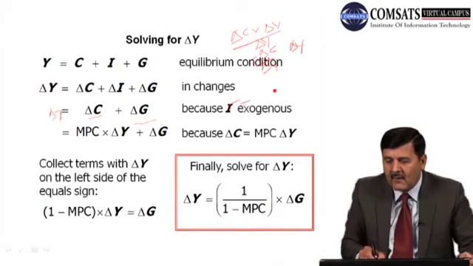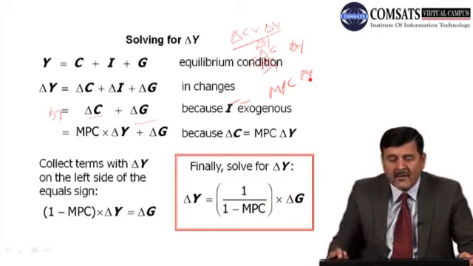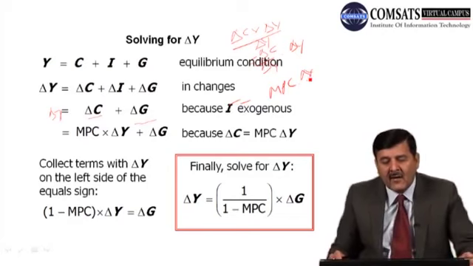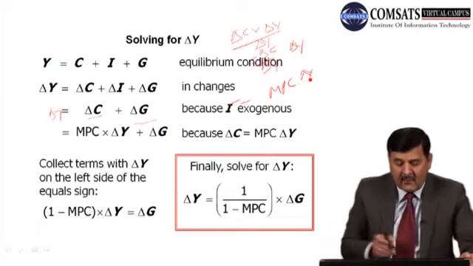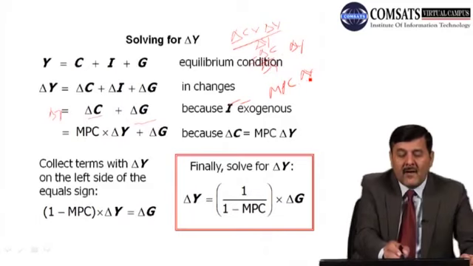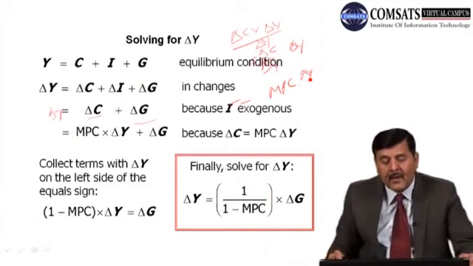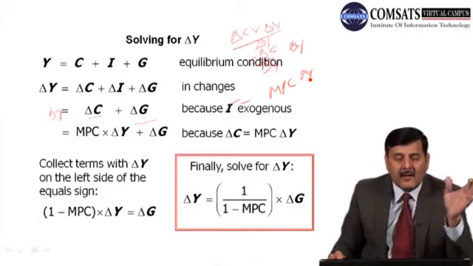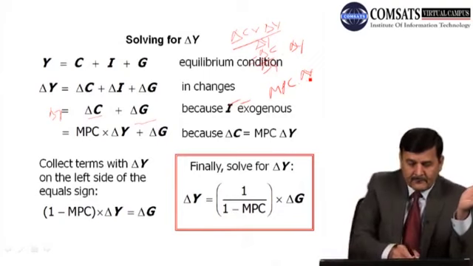Now this delta C is MPC into delta Y. So we can replace this term delta C with MPC, the marginal propensity to consume, into delta Y. Then we can write this equation: delta Y is equal to MPC into delta Y plus delta G. Now if we rearrange or collect the terms with delta Y on the left side of the equation,